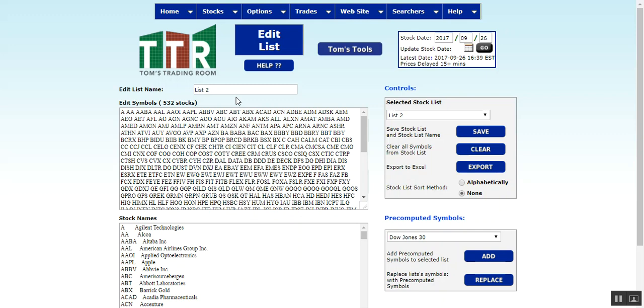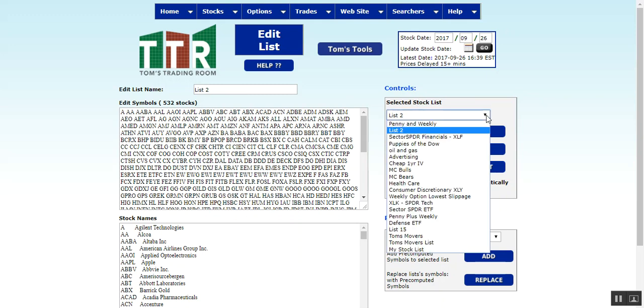Now you can upgrade it and rename other lists, and we're going to show you how to get that done. So that's not the default list, it's the one that you were last working on. Over to your right, you're going to see the controls panel in your selected stock list, and you can click on the drop down arrow and see however many you've put in there and what you've named them, or maybe have a list 1, 2, 3 all the way up to list 20